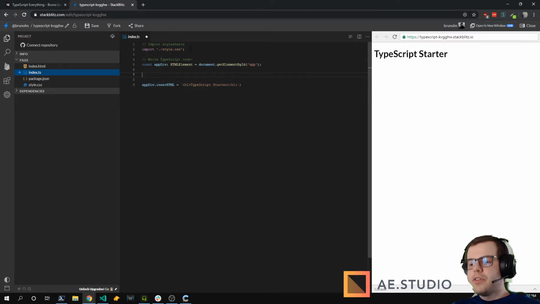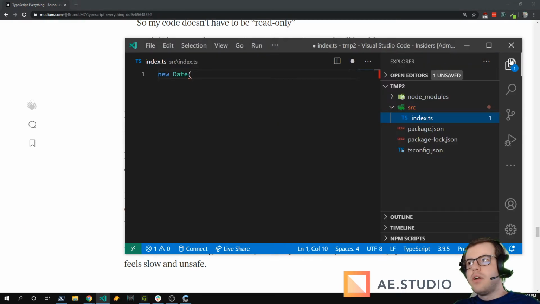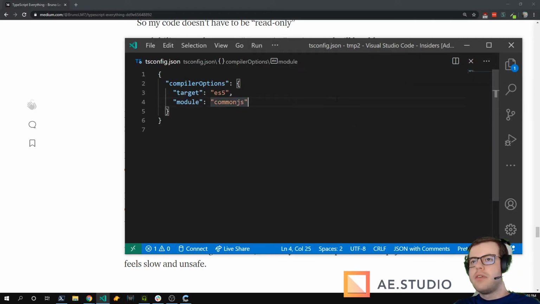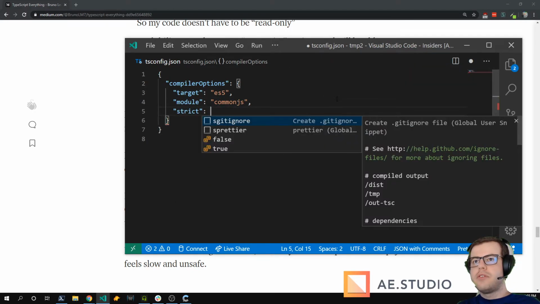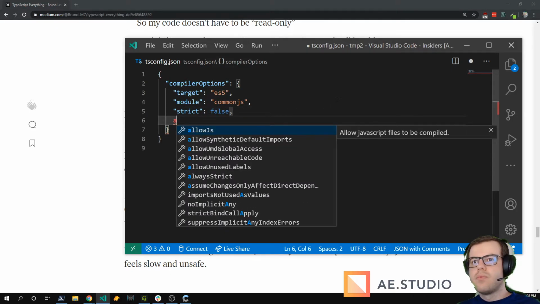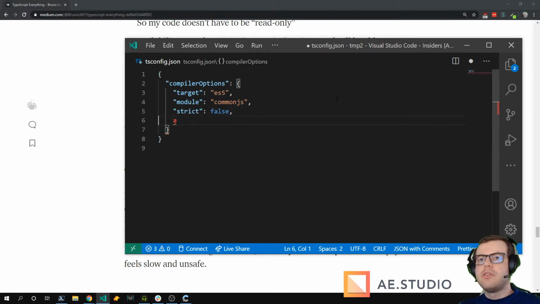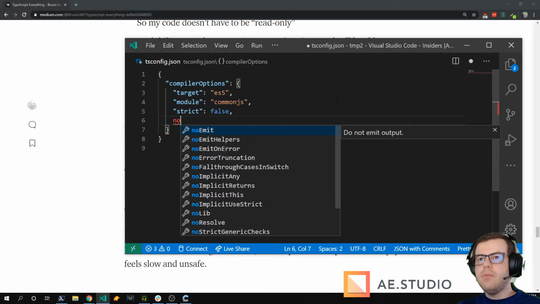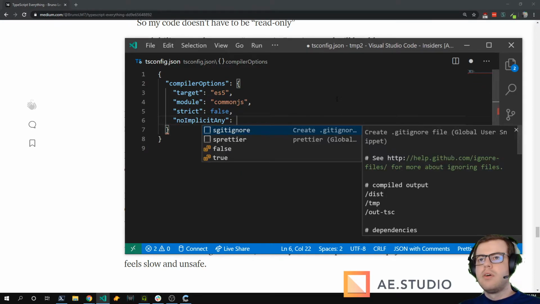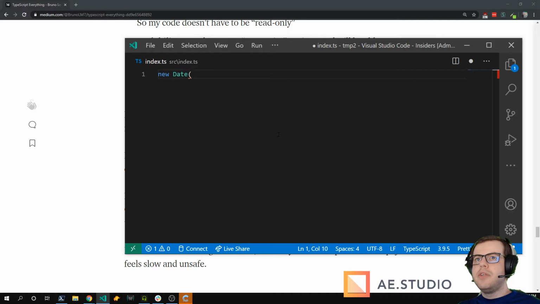Do you recommend forcing strict no checks? So personally, I don't like forcing anything. I don't like to use strict. I don't like to use no implicit any. So if I do no implicit any, it means that